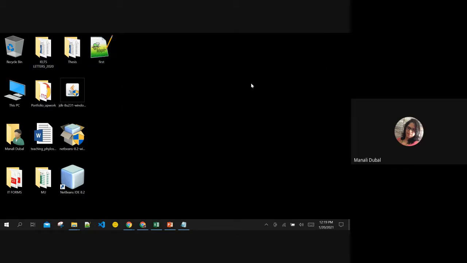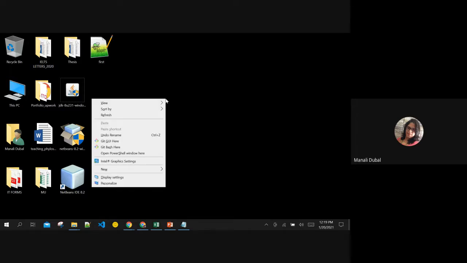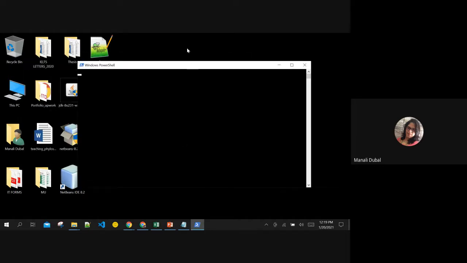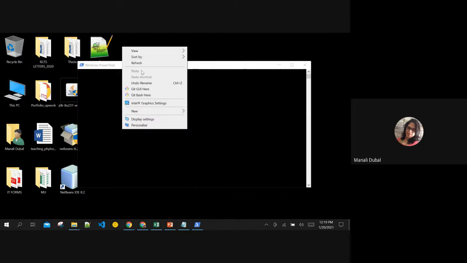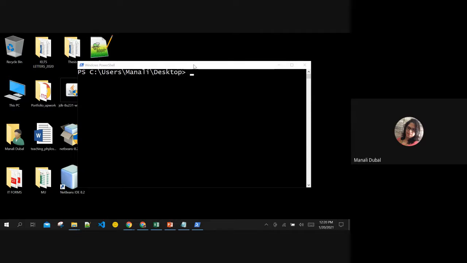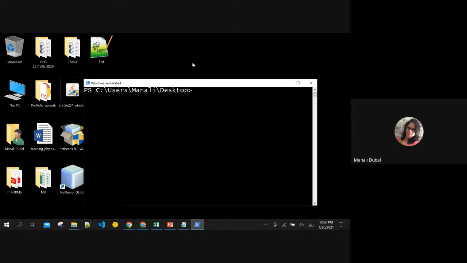To open the command prompt on desktop, you can press Shift and right click. Open PowerShell window here. Anything will work. When you do just right click, it shows these options. But when you do Shift and right click, it shows open PowerShell window here, which is nothing but open the command prompt here, right? Why am I opening the command prompt here? Because my file is here on the desktop.